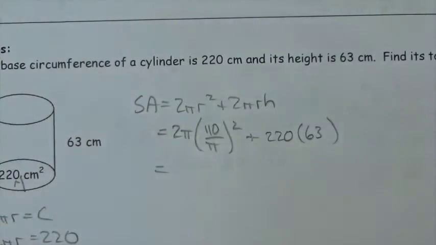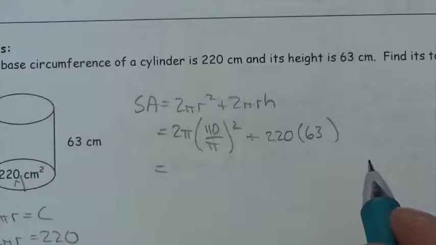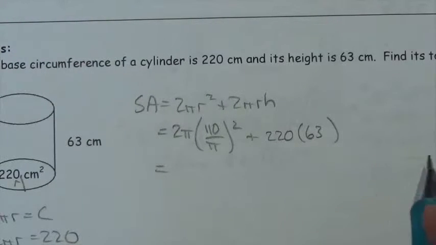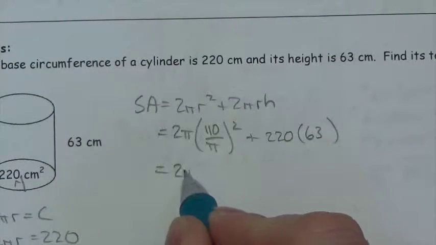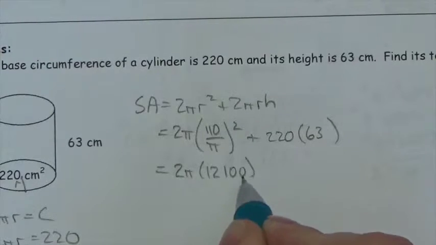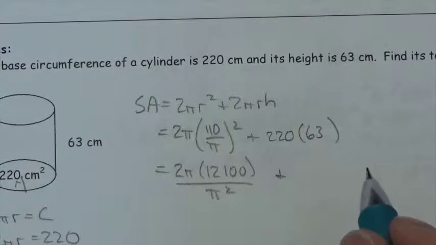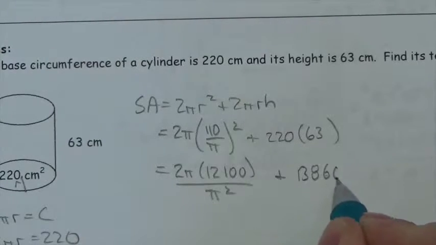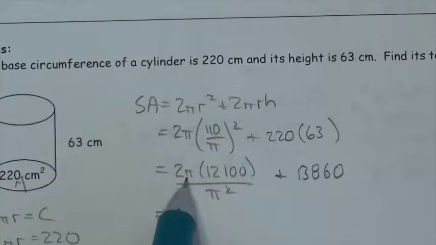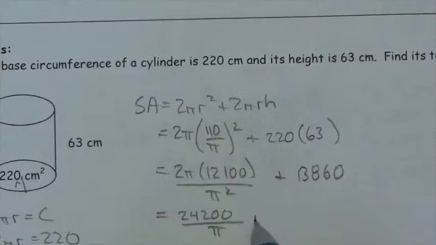Now, when I put this together, I'm going to get 110 squared. Okay, and I'll just quickly go to my calculator. 110 squared is 12,100. So this will be 2 pi 12,100 over pi squared, because the pi in the denominator also got squared, plus 220 times 63, which is 13,860. Now, one of those pi's is going to cancel, and 2 times 12,100 will be 24,200 over pi plus